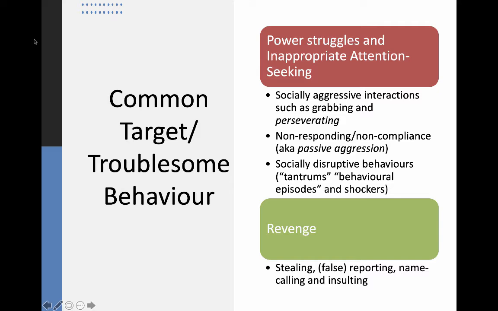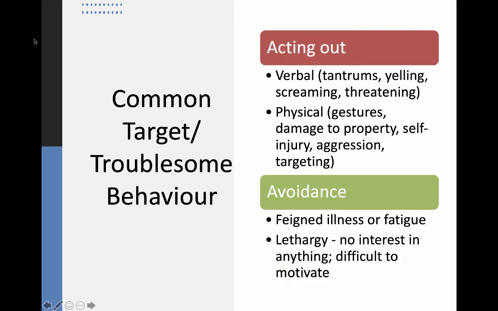So sometimes people know what they're doing, and we might call it stealing. In other cases, people simply took something without knowing that they were supposed to pay for it or ask for it. Reporting on other people, sometimes we refer to this as tattling, is another example of a behavior in this category. And in particular, we're concerned about people who do false tattling, who make up stories or exaggerate stories to try and get people that they perceive as being in power in trouble. That could mean staff or roommates or other students, just as a few examples. Name-calling and insulting behaviors also fit into this category. They're often evidence that a person is hurting and wants to hurt others back in turn.